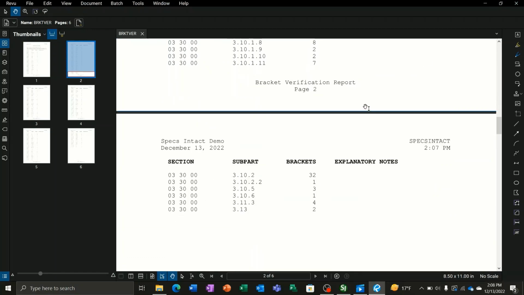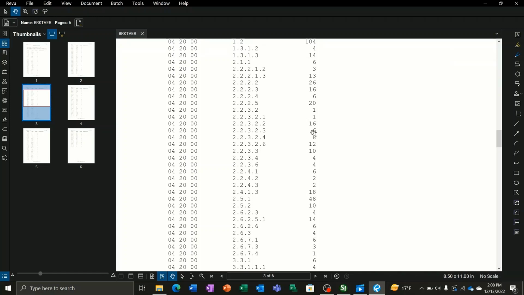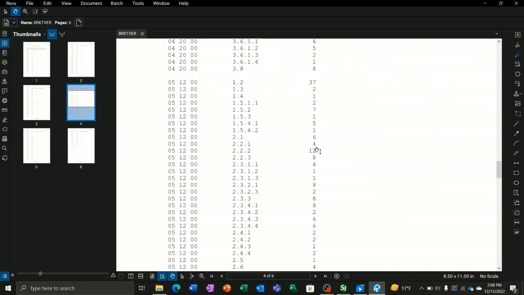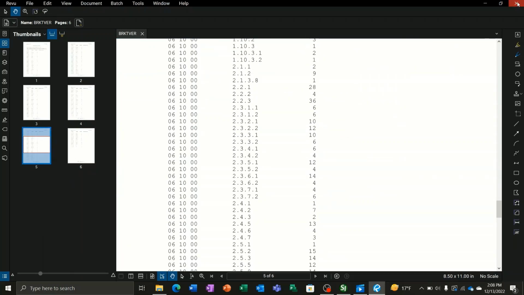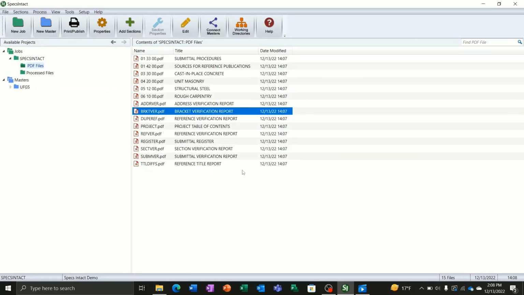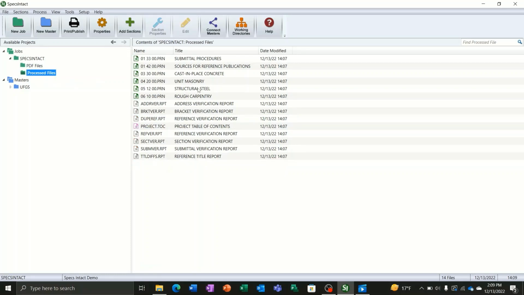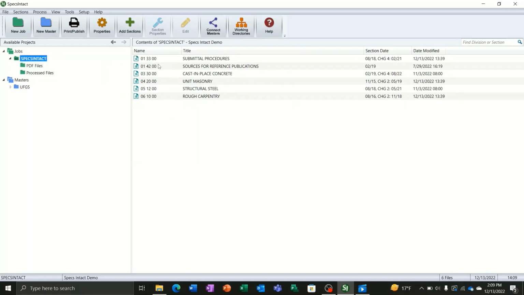So as you start to get close, you run these reports and you find out where you still have things remaining that have not been addressed, or things that are missing or duplicate references, and you keep going back and forth until you generate a complete clean project. You also have this other folder in here for process folders. These are your PRN files. So these are good for transmitting, but these cannot be edited. So if you want to make a change, you have to go back into the project, into the SEC files, open these in editor and make your changes, and then republish them.